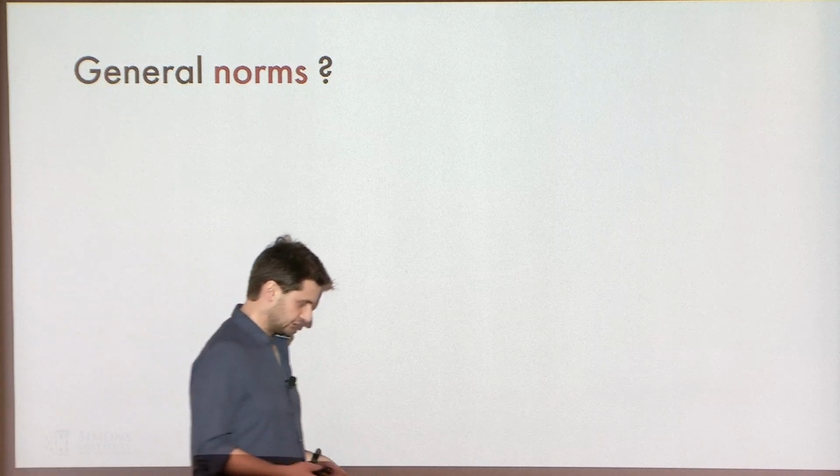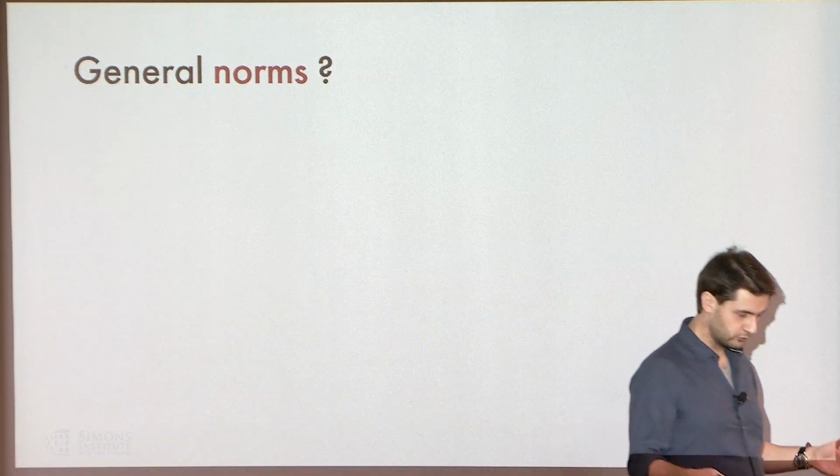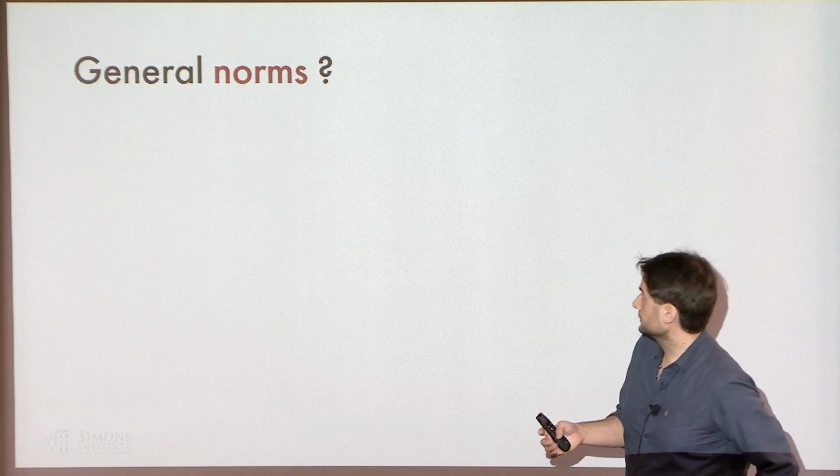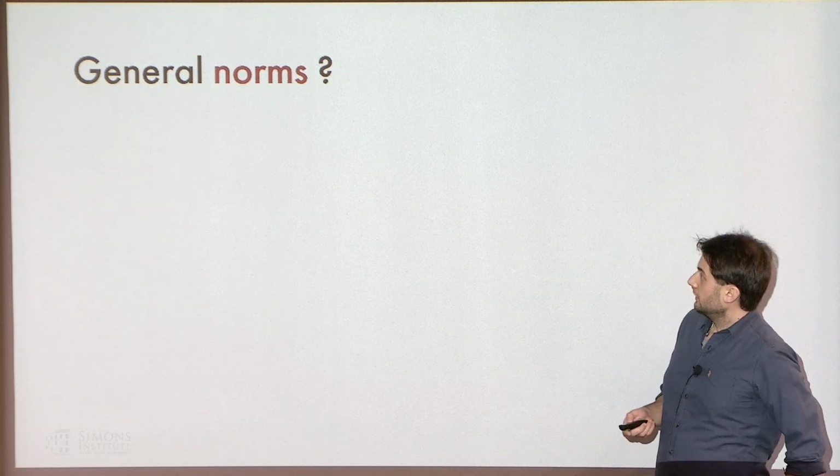Sorry, before that, let's focus. Talking about general metrics is hard, so let's narrow down a little bit more. Let's talk about norms. What can we do for norms? Let's say we have d-dimensional real space and we consider all possible norms, which is a subclass of metrics. What can we do there? So there we can do the following,